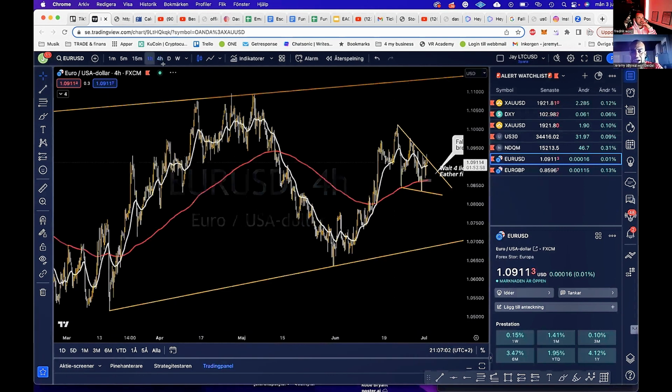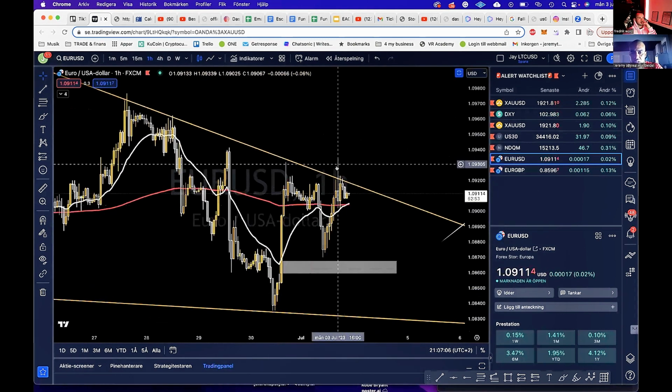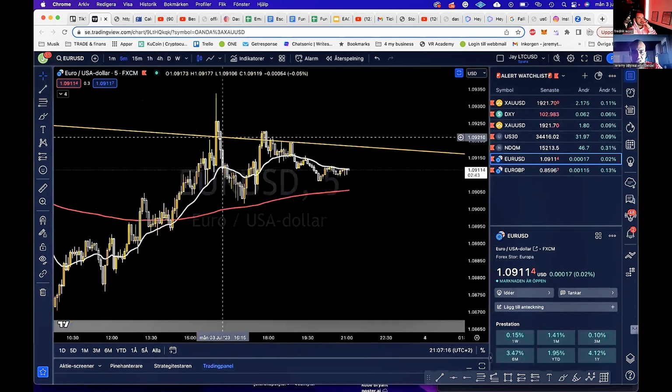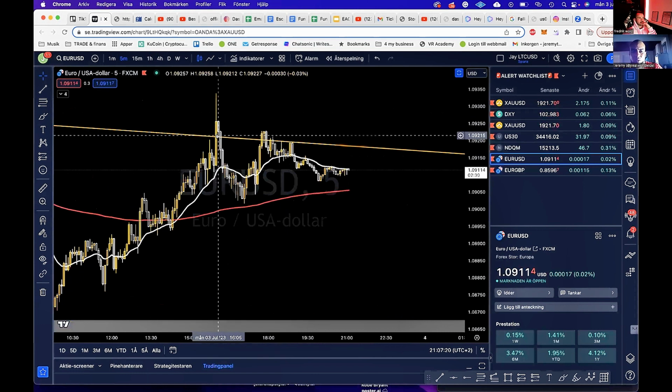And today, what happened is this. Euro USD was trying to break out here, and I actually jumped into a buy here because I thought this was the breakout. It broke out, on the 5 minutes, I was scalping it. The other candle came down, rejected it, and moved up. I was like, okay, this is it. That was the retest. We're going up, and then it just